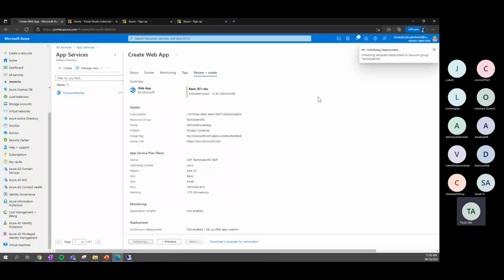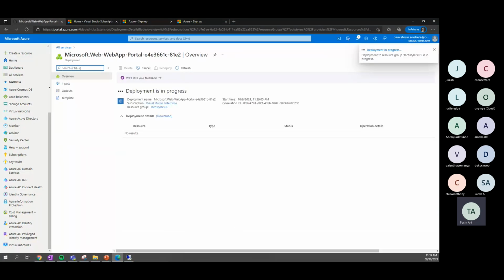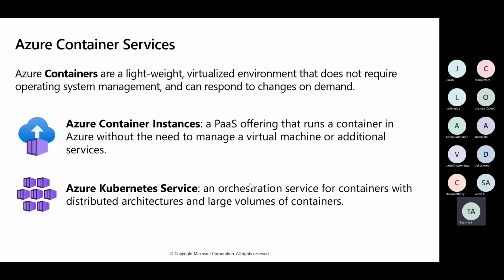So this is how simply we can create an app service. There are more to this. It's just, at the beginning point, how we go about this deployment. Okay, so while deployment is in progress, let's move on. So next here is Azure Container Service. Azure Container Service. And what do we mean by this